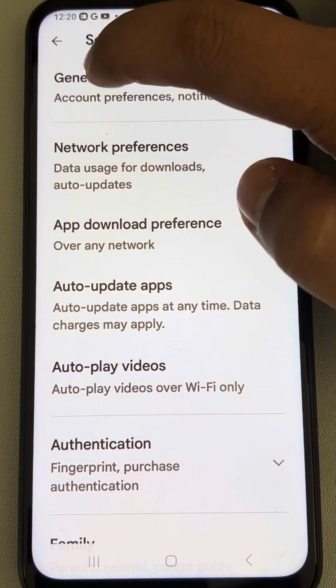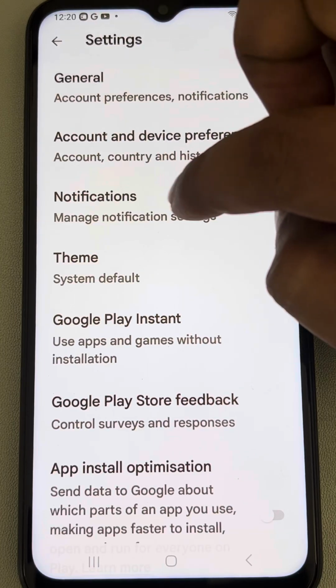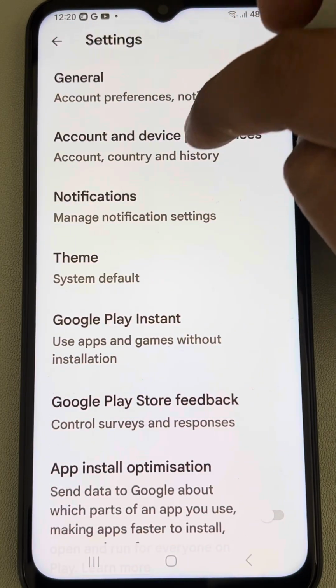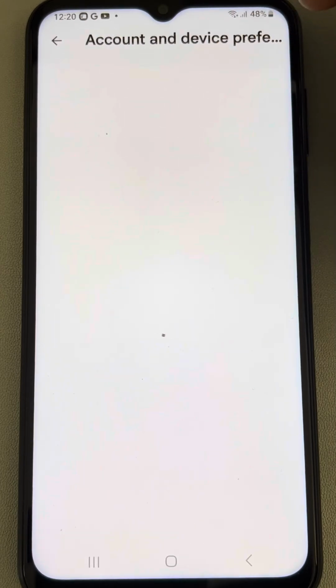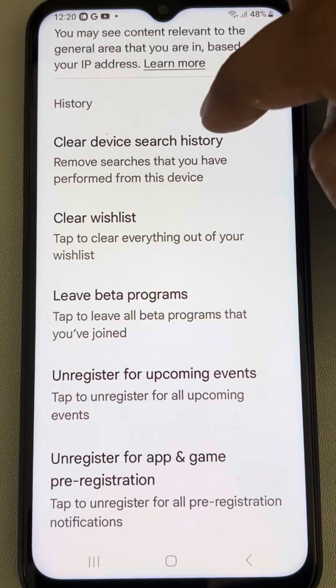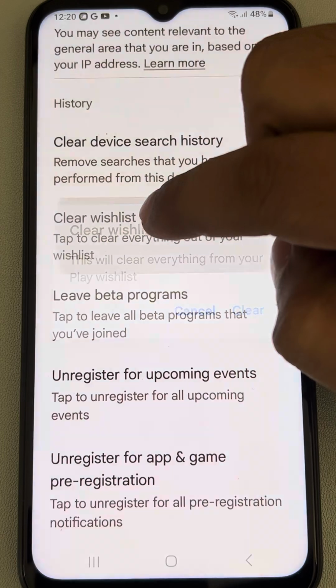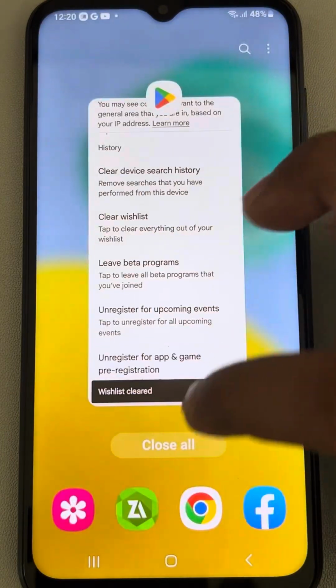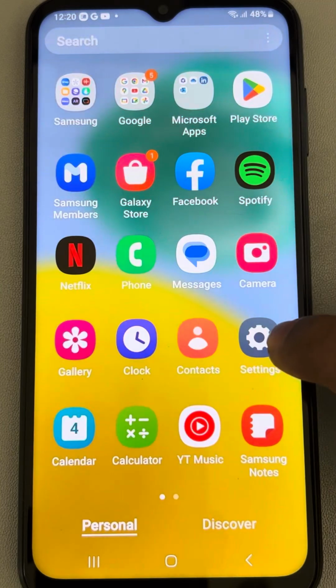Now go to the general and tap on account and device preferences. Scroll up and find clear wish list. Clear it. Now the next step is just open settings